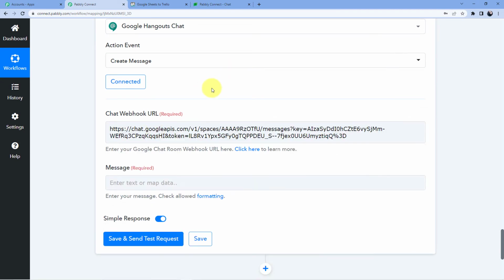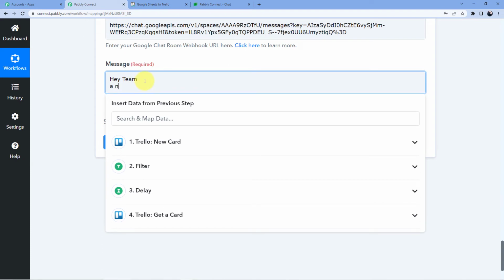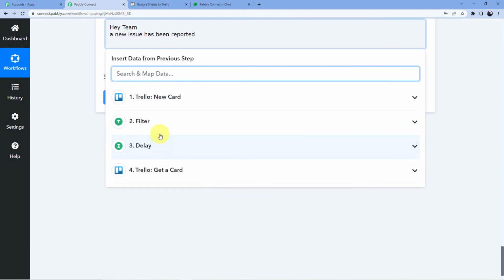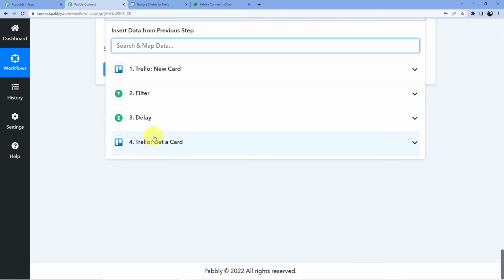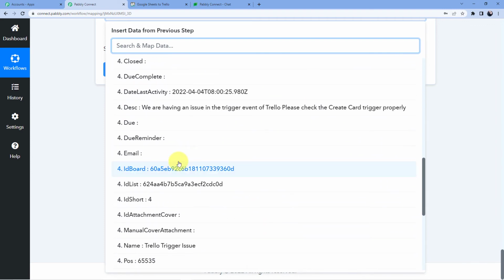Now what I'm going to do here, I am just going to put a message for my team. So I'm just going to write, hey team, and here I will write, a new issue has been reported. Now I will just use mapping again, and here first I am just going to map in the title.